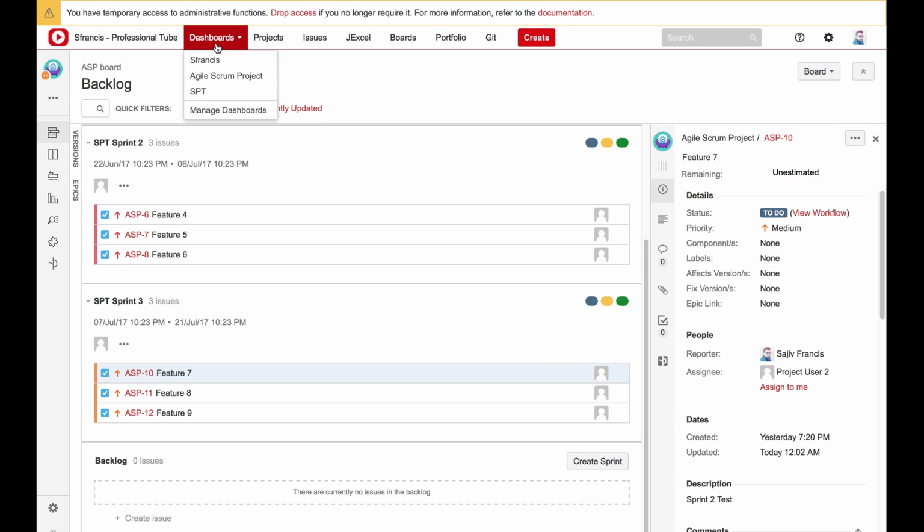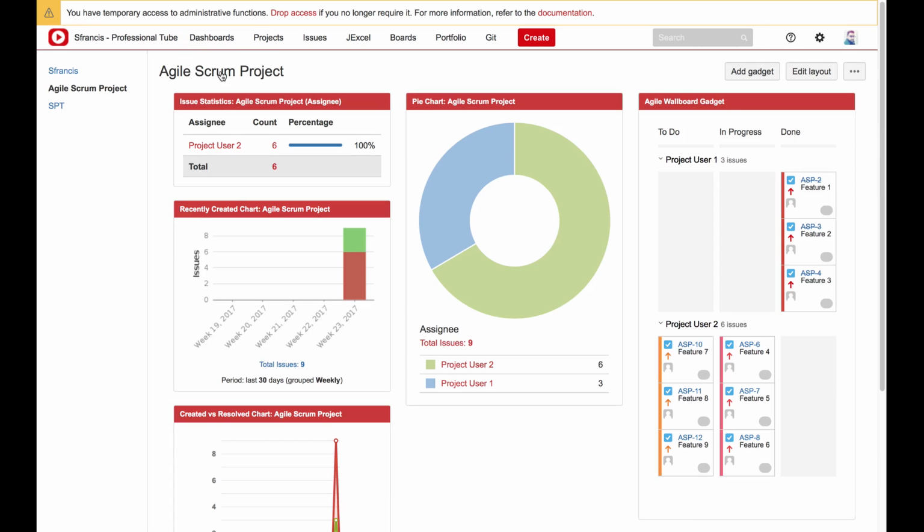And if you go into the dashboard of this project over here, you could see that there's 2 users assigned to it. User 2 has about 66%, user 1 33%, and so there's the dashboard here, Agile. So what happens here is the project, the sprint 1 has 3 features, so they're all marked done here, and then this is assigned to project user 1, so that's his space here, and the project user 2 has